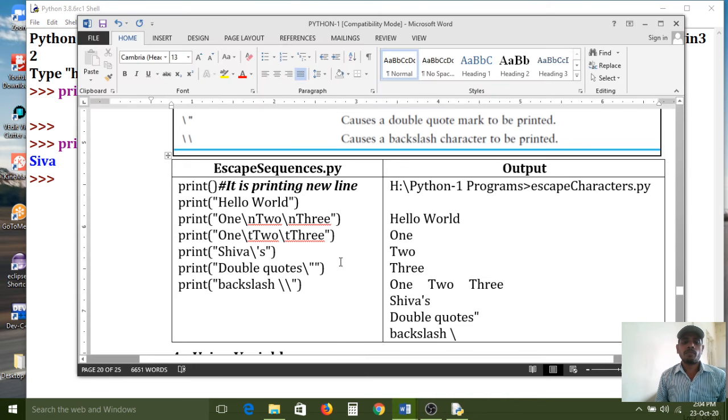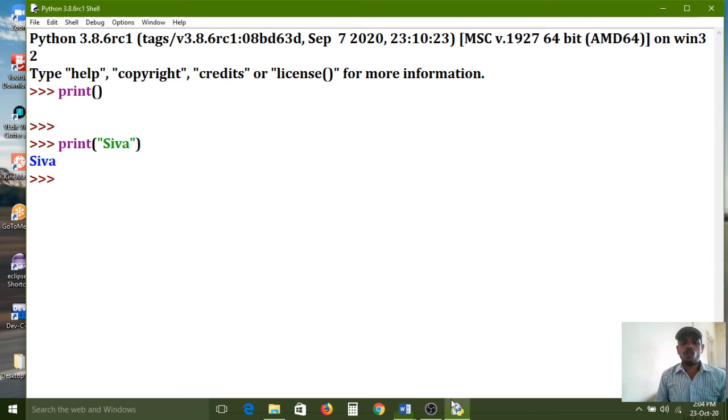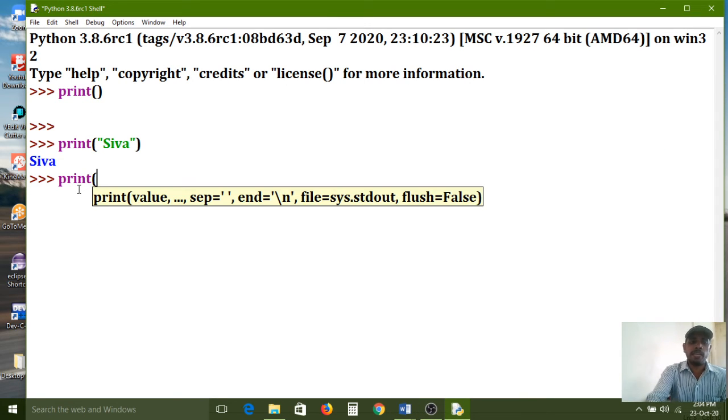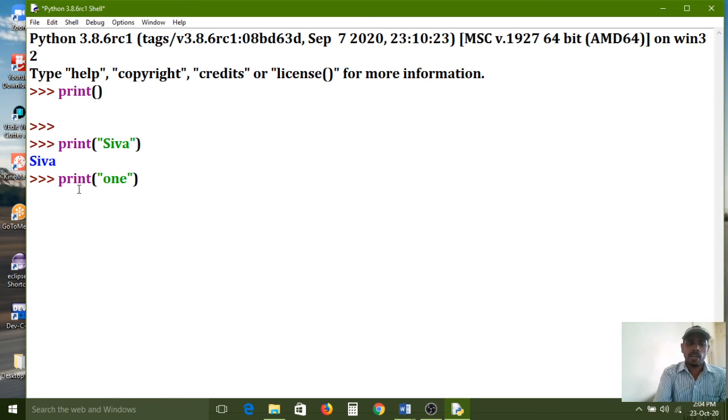Now understand na? Next. Now I want to break the line. Here I have a big sentence in between double quotes, 1, 2, 3. These 3 words I am configuring along with print function. So if you press enter key side by side, it will print. Am I correct or not? But with a single print function, I want to print 3 lines. I want to print that same line into 3 lines.